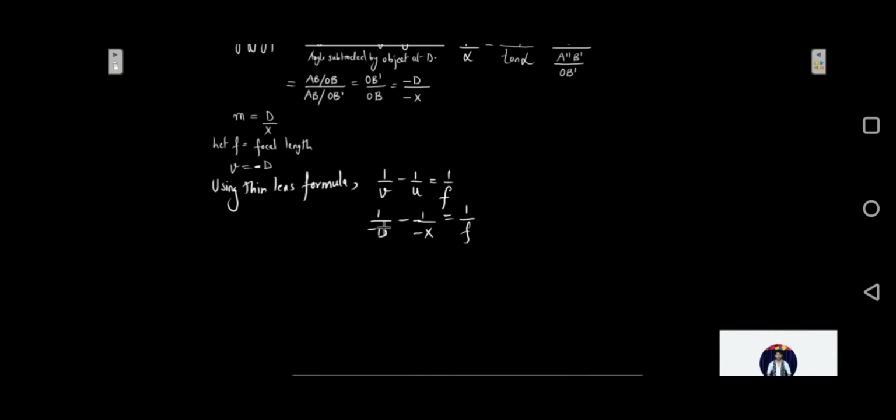So in the next step, what we are going to do over here is keep 1 upon X on one side and minus 1 upon D we are going to take on the other side. So 1 upon F plus 1 upon D. So cross multiply, you will get D plus F upon F D. Okay, so D I will take on the other side, D upon X, and F I'll just distribute over here in between this numerator. So it is going to be 1 plus D upon F because F and F will get cancelled and D upon F will remain over here.